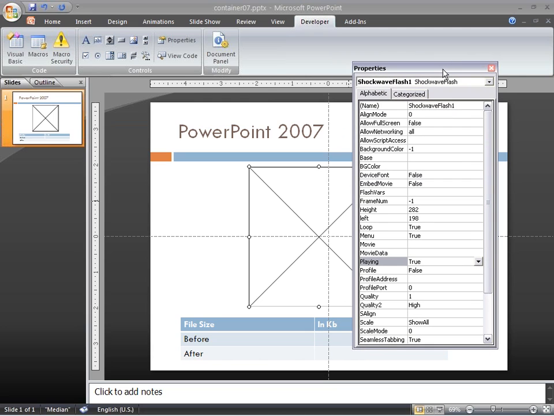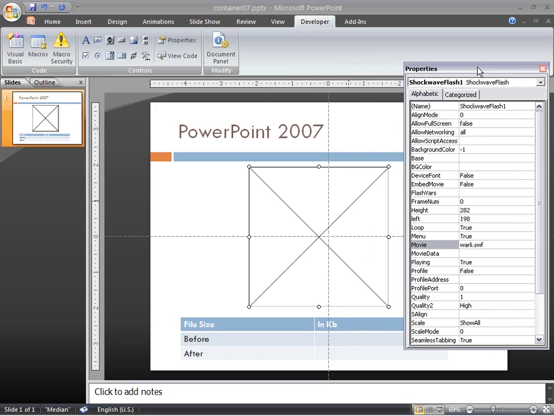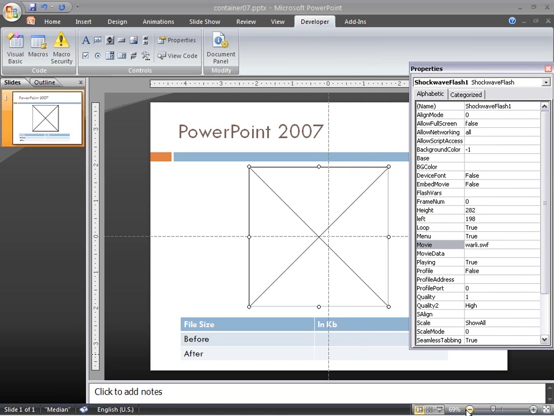In the Properties pane I can go to the option that says Movie, and I can type the name of the SWF file and hit Enter. At this point, the Flash file is inserted into my slide. So if I go and play it at this point,